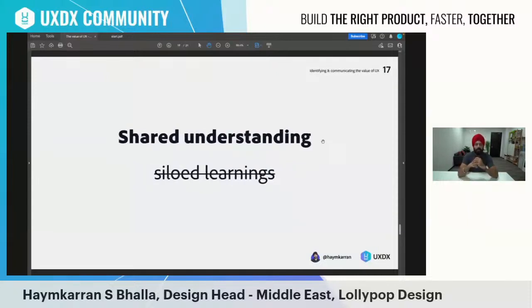Second, I showed you a product loop, a design loop, wherein multiple stakeholders interface together, and there are no silos wherein designers are working. There are no environments where designers are working in silos. That's exactly where this understanding or learning comes from. You need to have a shared understanding of everything around the work that you are doing. Make sure every stakeholder has the same information that you have, and everybody is on the same page of the entire design process or the design approach that you take.